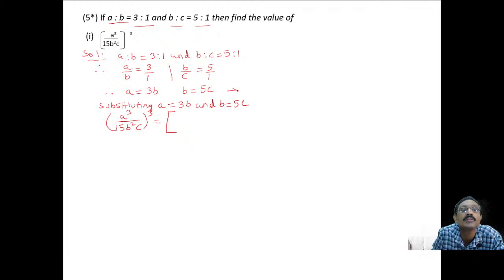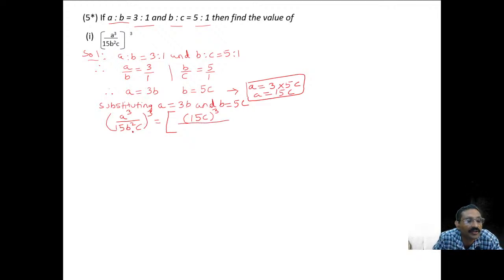So here, what we have to substitute? A is equal to 3 into 5C, which is equal to 15C. This is very, very important. We have to substitute so that we can substitute the value of A over here. What is the value of A we got? We got 15C, the whole cube